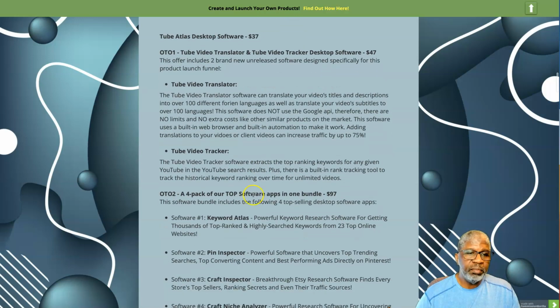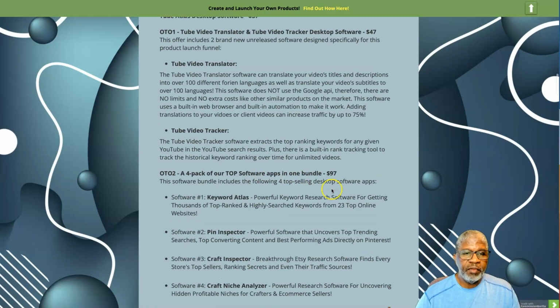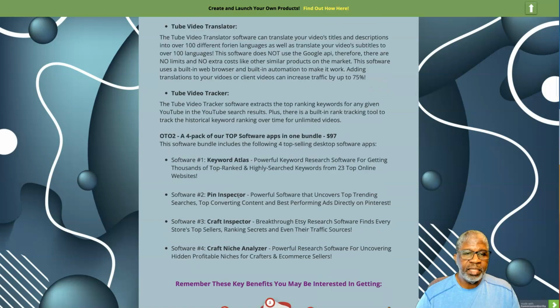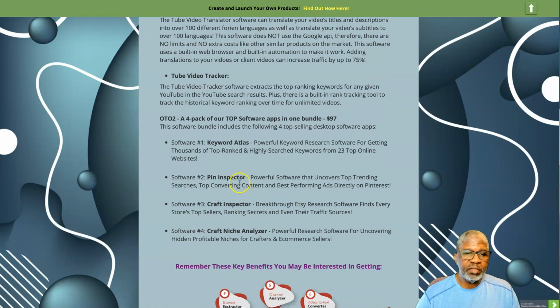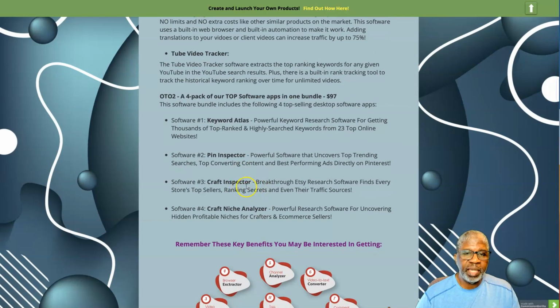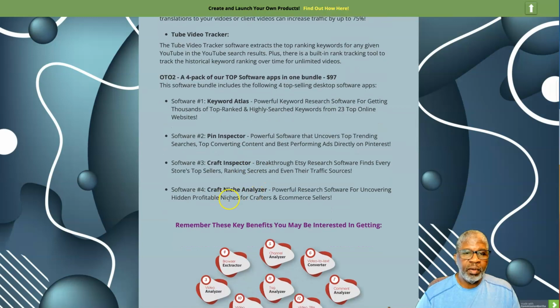All right, and OTO number 2 is a 4-pack of the top softwares in one bundle for $97. Software number 1 is the Keyword Atlas. Software number 2 is Pen Inspector. Software number 3 is the Craft Inspector. Software number 4 is the Craft Niche